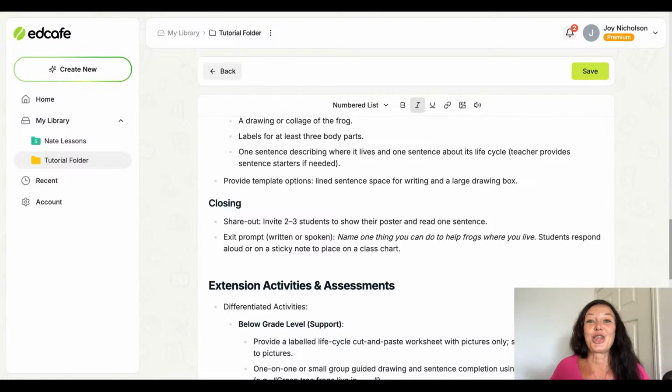So I'm just literally thumb sucking this as I'm going, but you get the point. So this is a really great tool for using when you're creating lessons. So let's go back into,